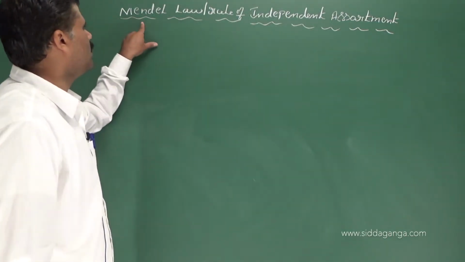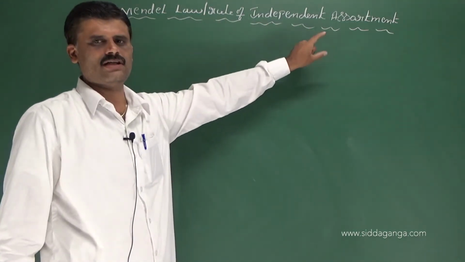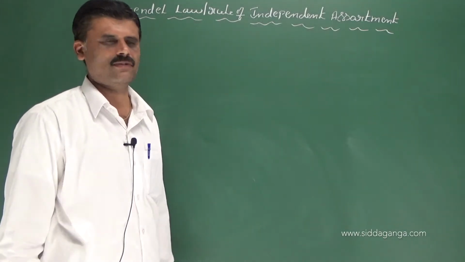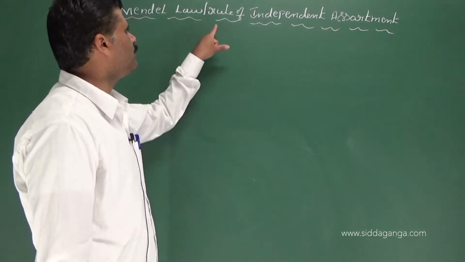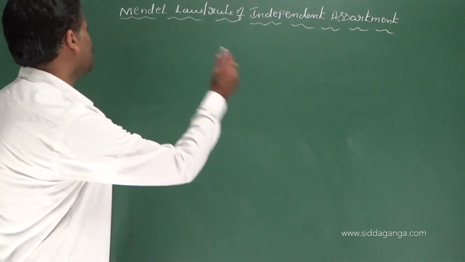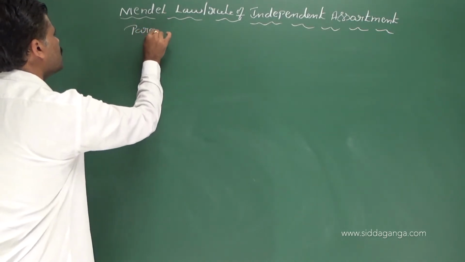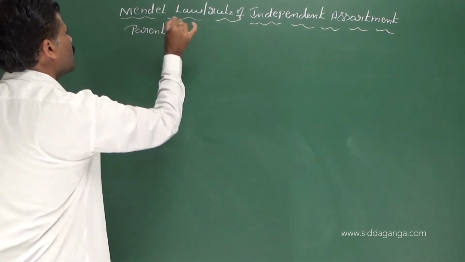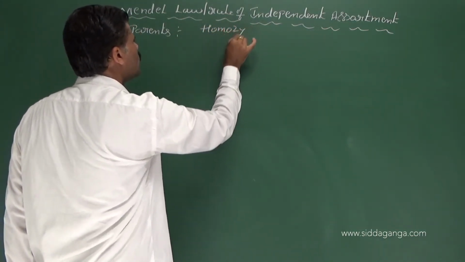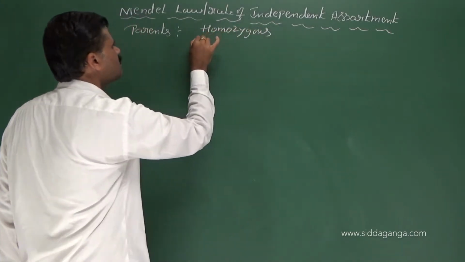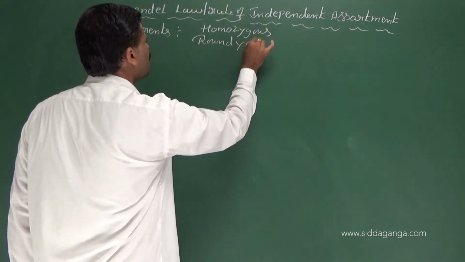Okay, next, Mendel's law or rule of independent assortment, also called the dihybrid cross, because Mendel used two characters to explain this law. Okay, Mendel took two parents of pea plants, that is homozygous round yellow, a round seeded yellow colored seed plant, crossed with